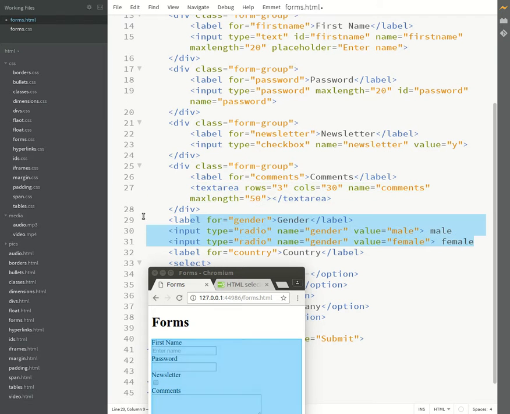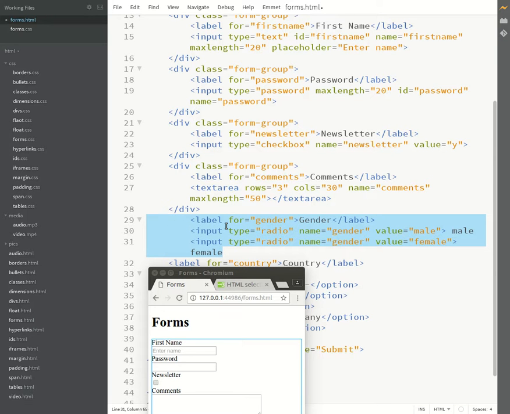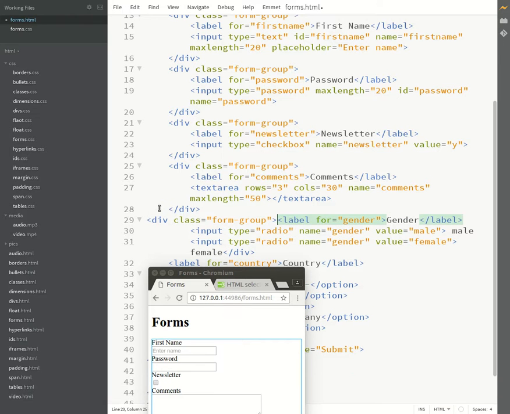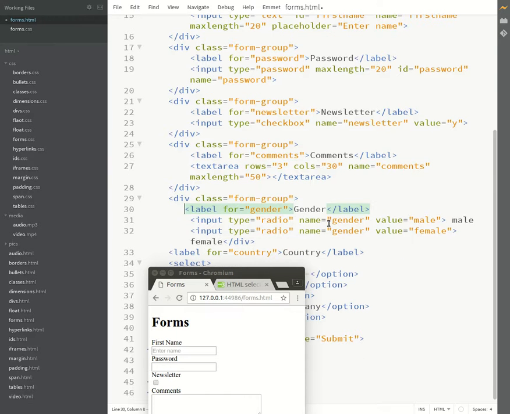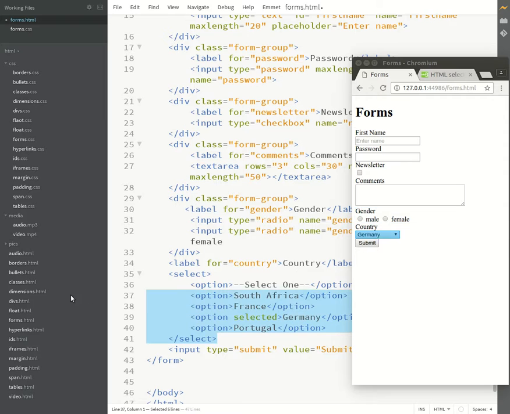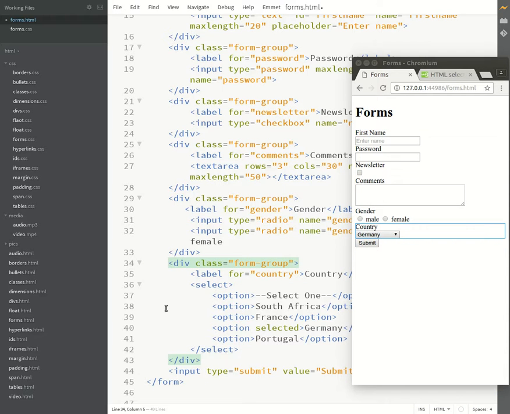The gender. And then I think I need to also do it for the country. Okay, so you'll see nothing's actually changed, but that's where the CSS is going to come in,